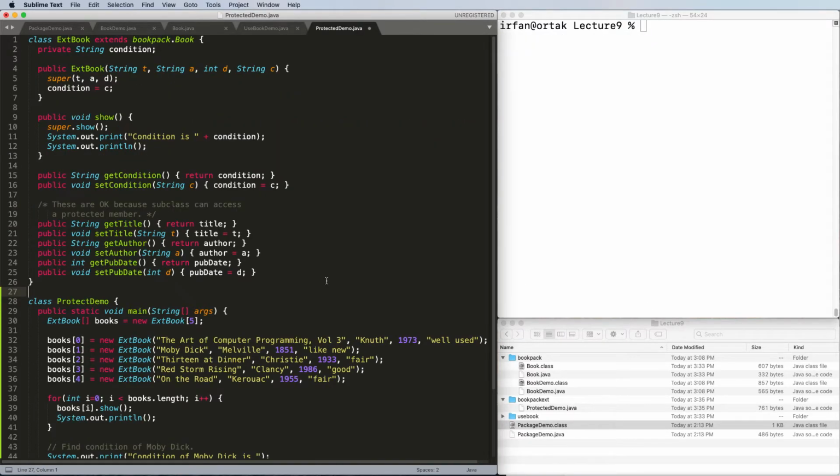So now let's understand how protected works. Here we have another class called ExtBook, which extends the Book itself. Besides the Book, this will additionally have a condition instance variable, and inside this class we're going to try to access the Book members such as title, author, and pubDate. But notice that